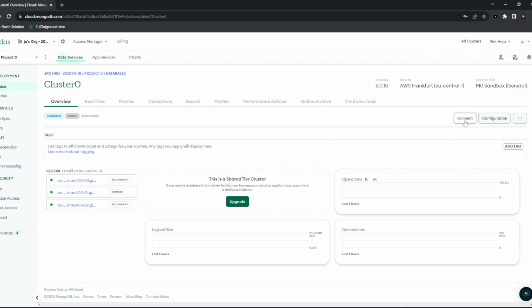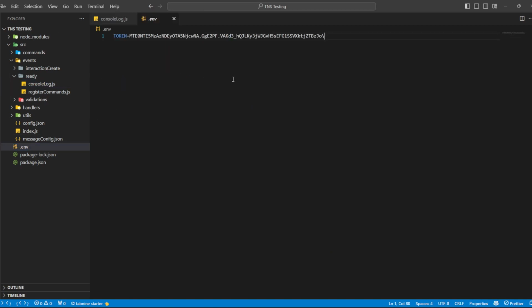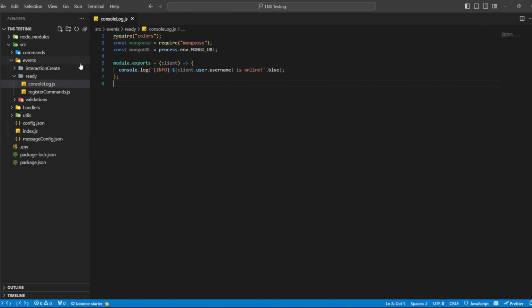connect, and then you can copy this string, and then you want to go to your Visual Studio Code, go to .env and create a new variable called mongoURL, and then paste the link in. And then I'm going to change this to the username of the user I just created, so DNS testing, and then change this to DNS testing 123 because that's the password I created, and then you have your link. So now we are going to move on back to the connection,